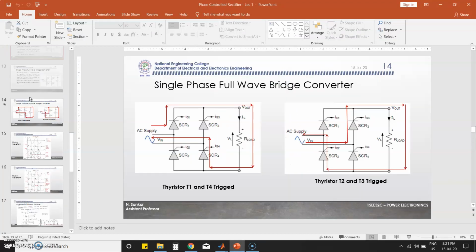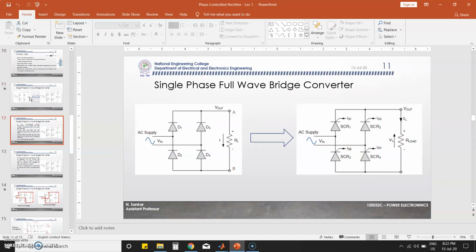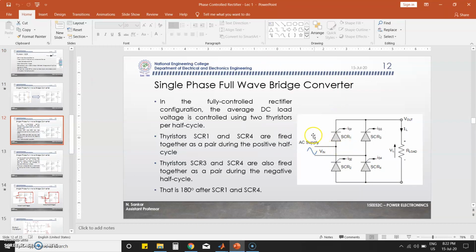For that we go to our circuit diagram. Here we need an AC supply, one component, and 4 thyristors, then the load, and then pulses. We have to give a pulse for each thyristor, so we need a pulse generator. You have to measure the output current and output voltage, so we need measurement blocks, and a voltage measurement block for the input voltage. To see the output waveform, we need a scope.